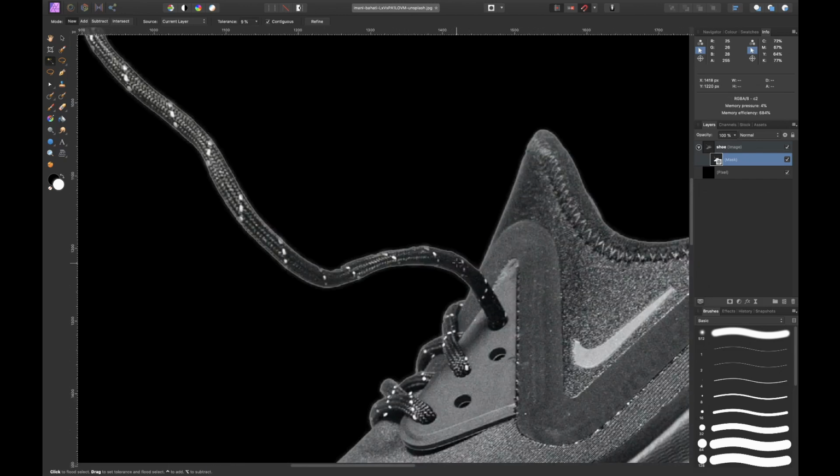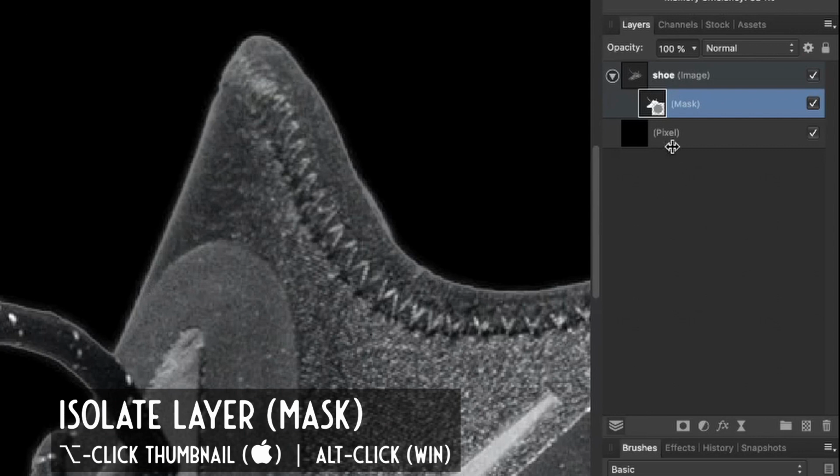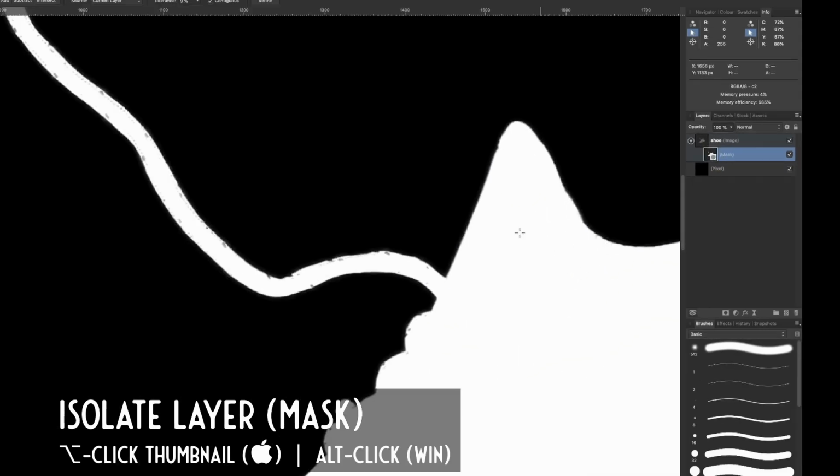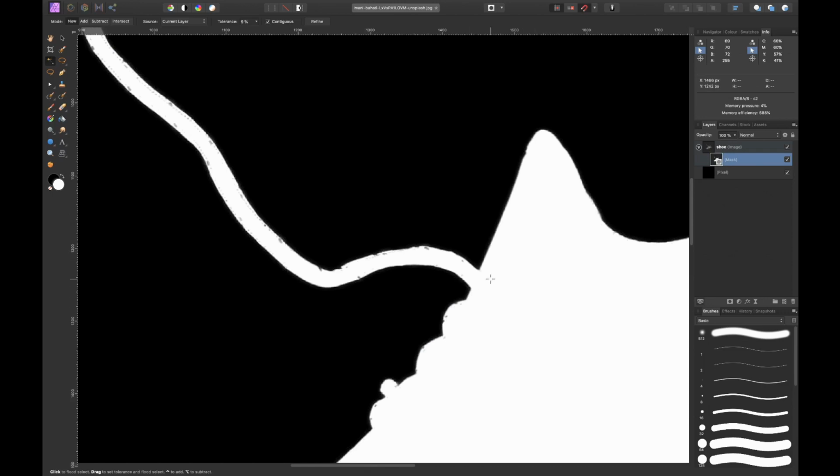Once I've applied, I go back to my normal view, so I cannot actually see what we have selected and what not. So I want to change the view, and I want to actually isolate my mask. So how to go into the mask again? Hold Option on a Mac or Alt on Windows and click on the mask. So now we return to our mask in a black and white view,